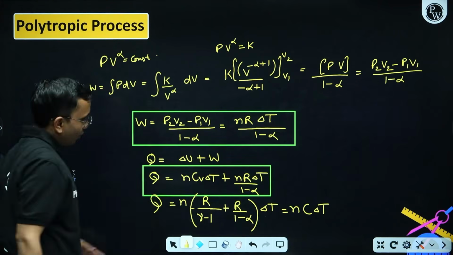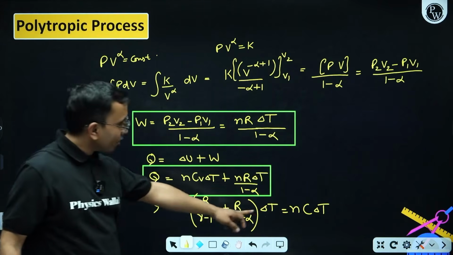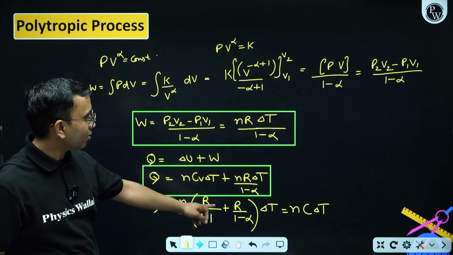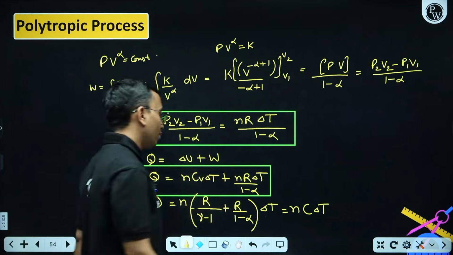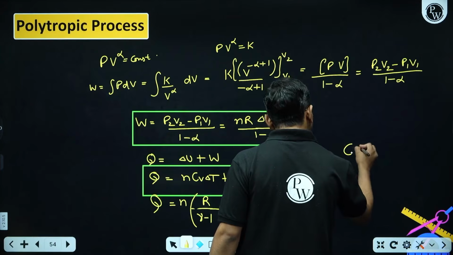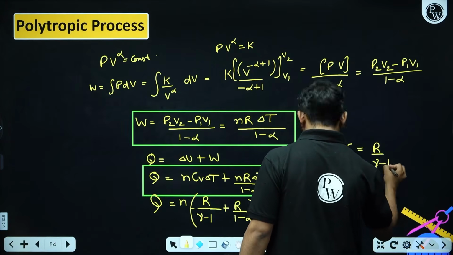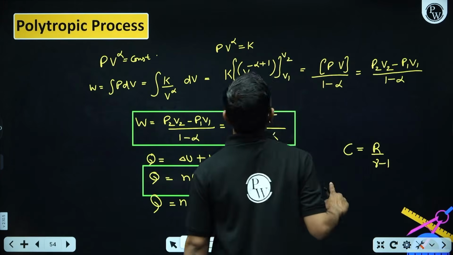From there you will get the molar heat capacity for the polytropic process, that is R upon gamma minus 1 plus R upon 1 minus alpha. So I got my C as R upon gamma minus 1 plus R upon 1 minus alpha,